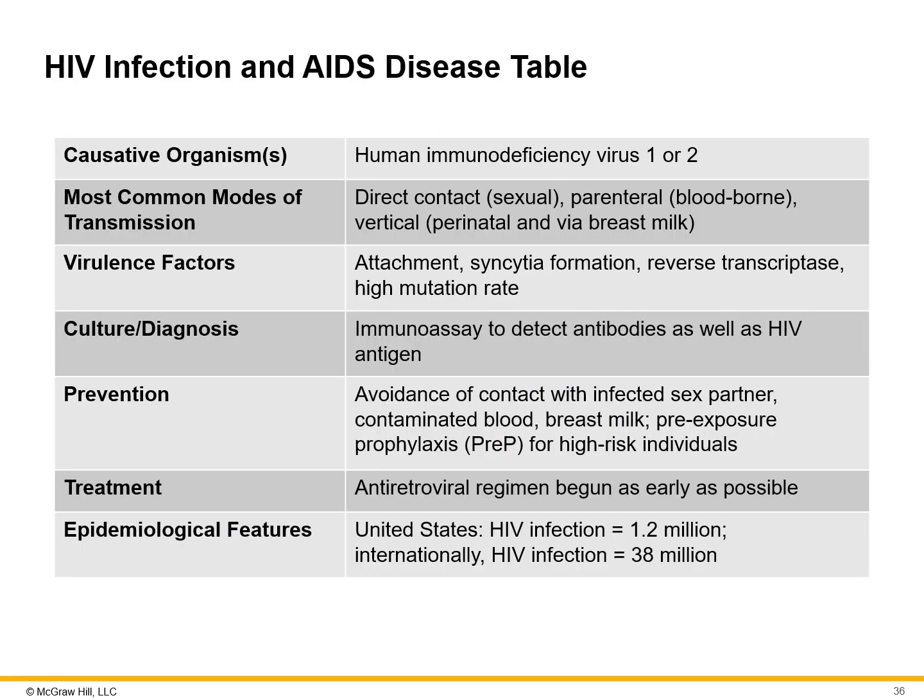And then our summary table here. Again, HIV-1 or 2, typically 1 is what we see the most of. There can be direct contact, so it is considered sexually transmitted, parenteral, so blood-borne, and then vertical, going from mom to infant. For virulence, it's able to attach to those immune cells and cause them to fuse together, forming syncytia. Reverse transcriptase is unique, taking the RNA to DNA, and then it does have a high mutation